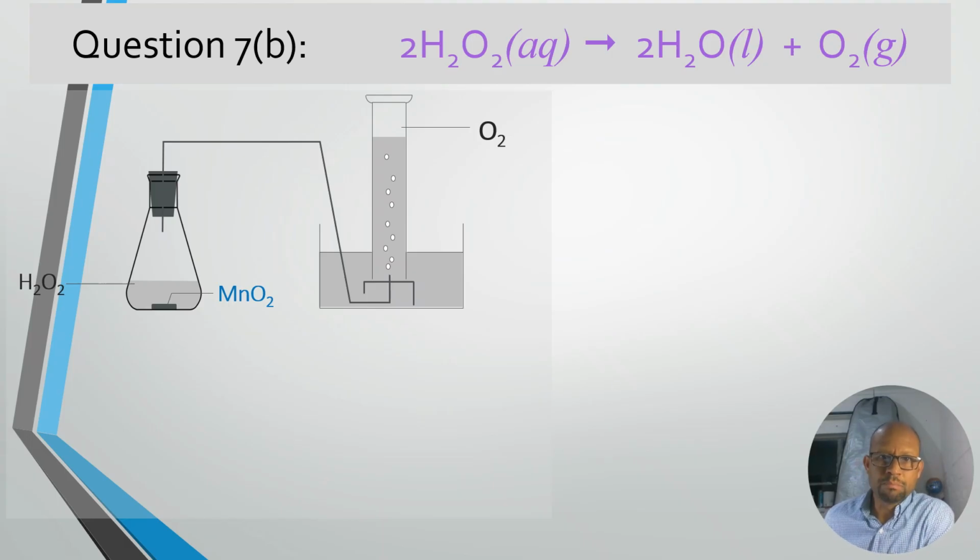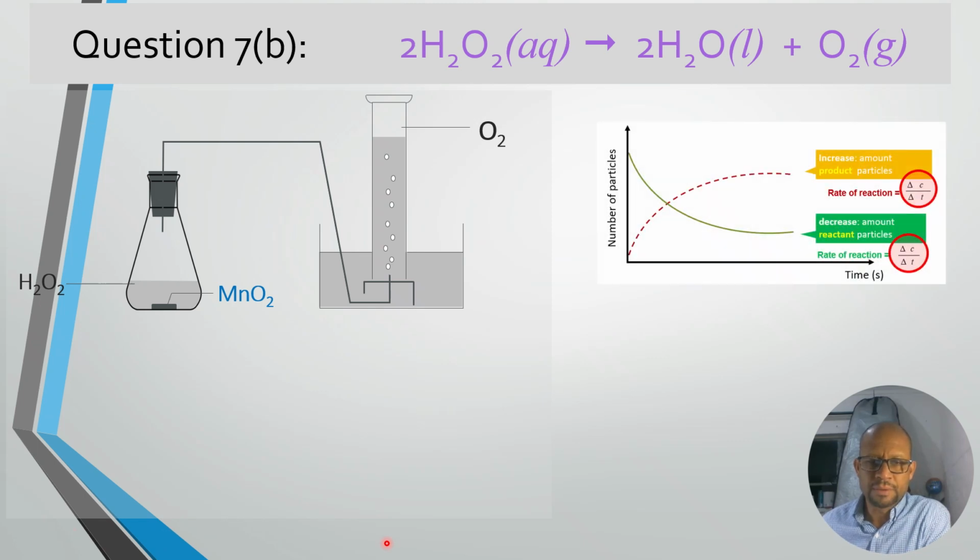Okay, question 7b, we still have this reaction where the hydrogen peroxide is reacting, and in this case it's breaking down or decomposing into water and oxygen gas. And in this question, the first part, we must always remember the peroxide is going to react, and the manganese dioxide that we added to the Erlenmeyer flask was breaking it down, and we produced oxygen in this gas